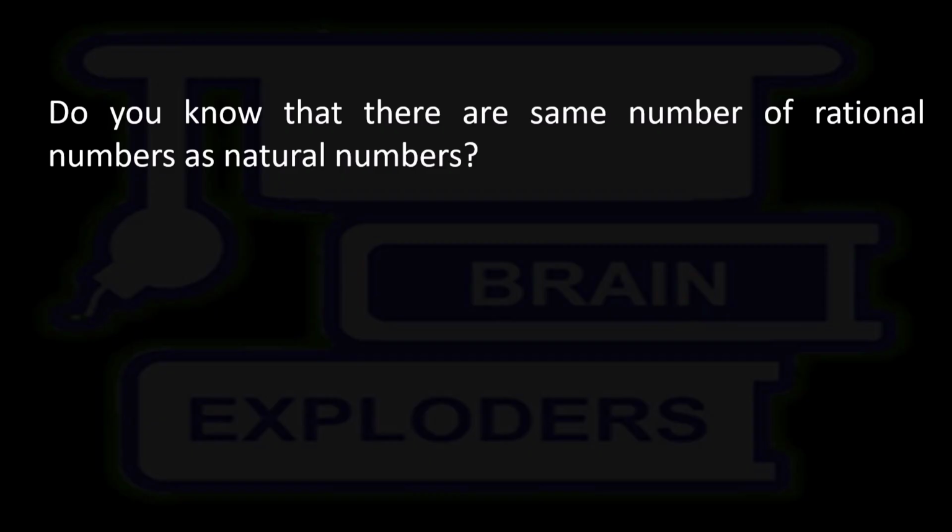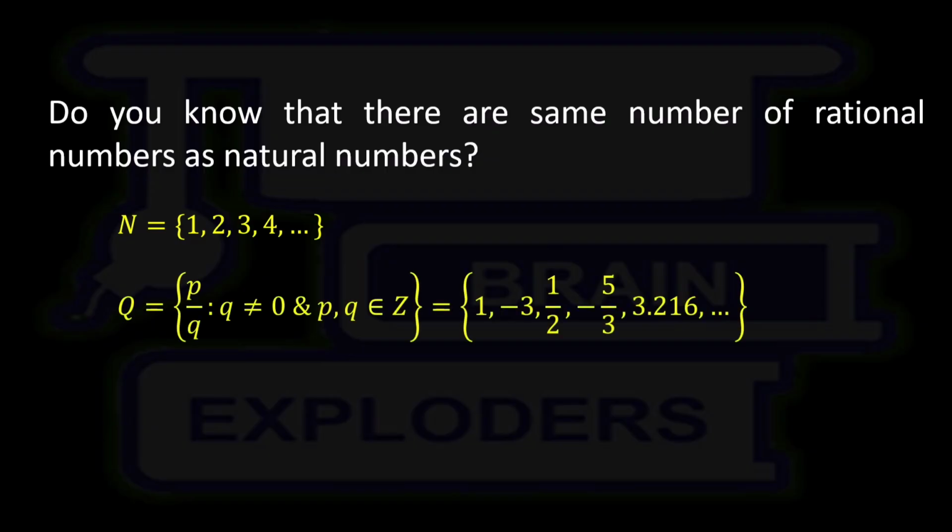Do you know that there are the same number of rational numbers as natural numbers? What it means is that if N is the set of natural numbers and Q is the set of rational numbers, then the cardinality of N is the same as the cardinality of Q. To understand why the cardinality of natural numbers is the same as the cardinality of rational numbers, let us